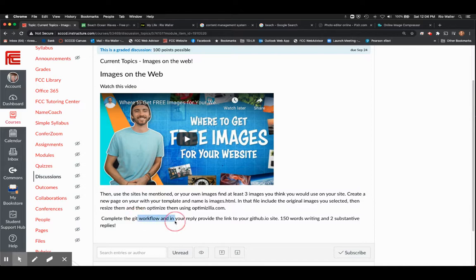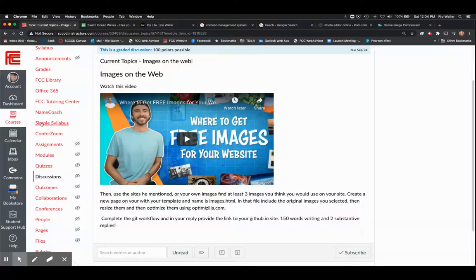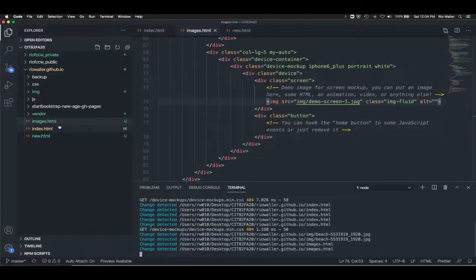Okay, so then you complete the workflow, you reply, giving the link to your GitHub IO site with this link directly. So in this case, once I push this, I do the Git workflow. First, I'm going to have a new index file, and I'm going to have a file that has my images. So remember, when you're giving the link here, you want to give a link directly to that new image page.